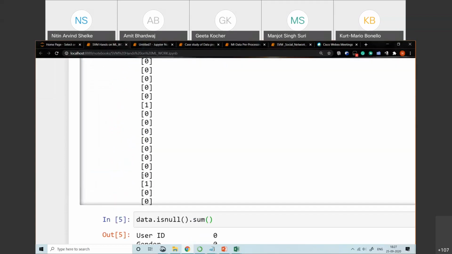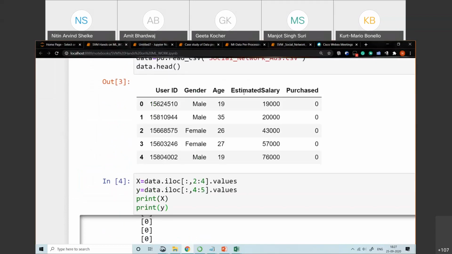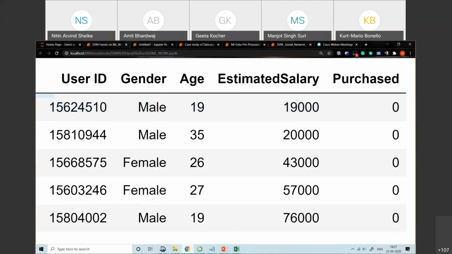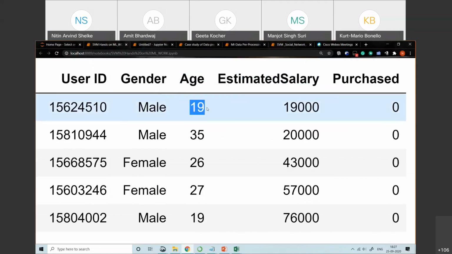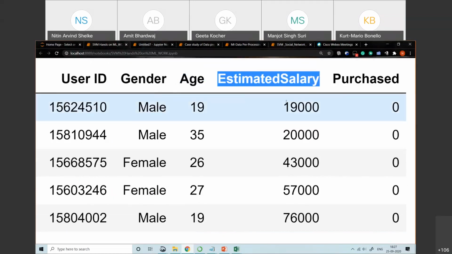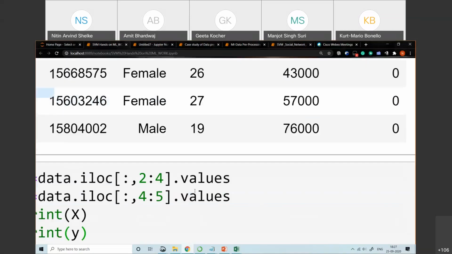Why is there a need for feature scaling as far as this data set is concerned? It is the same as your previous data set, right? So here age is one column and estimated salary is another column, in which age has data of 2 digits, and estimated salary has data of 5 digits. So I can say that age and estimated salary are not scaled. So we need to normalize it into one scale. That's why we use the standardization.